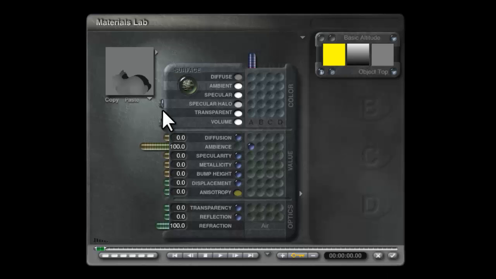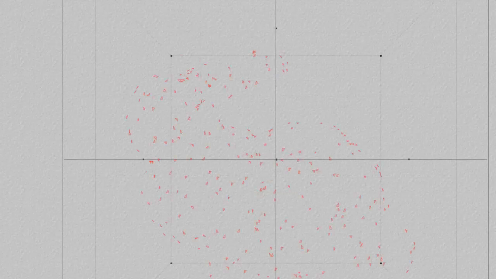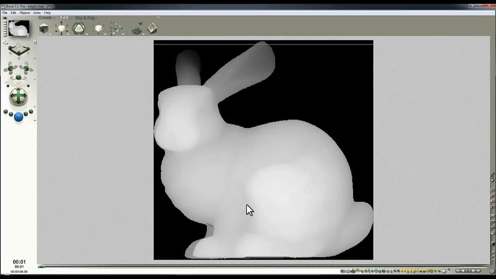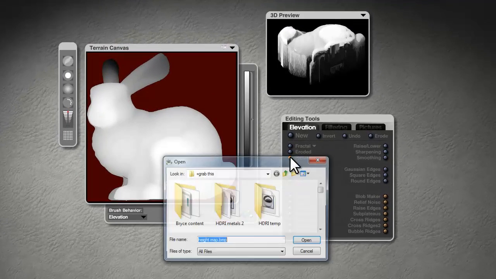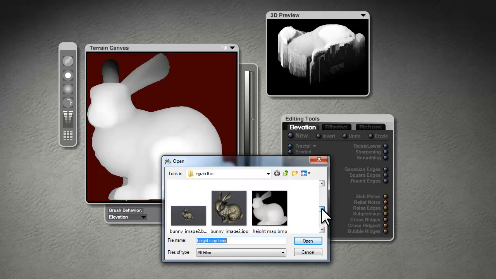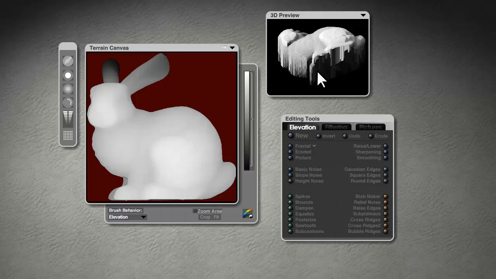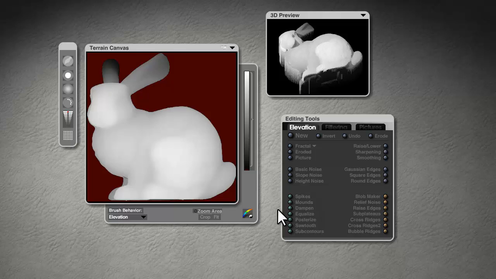As you can see, it's a bit of a fiddly process, but it should work. Alright, so I've redone my height map now, and hopefully I'm not burned out in these areas. I'll just save that because I'd already given it a file name. I can now load that picture in once that's saved. There's our height map, and now there's more detail on this part of the model, and if I need more